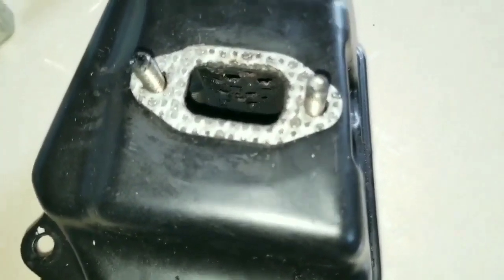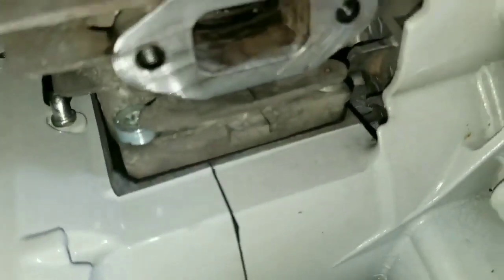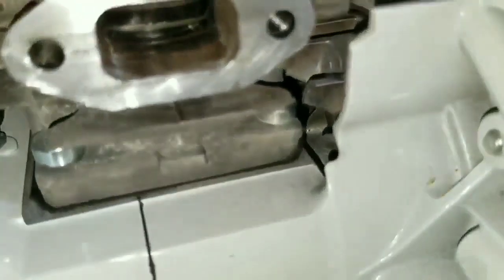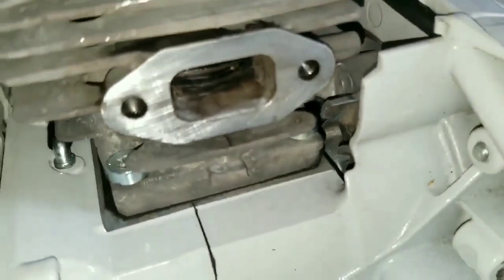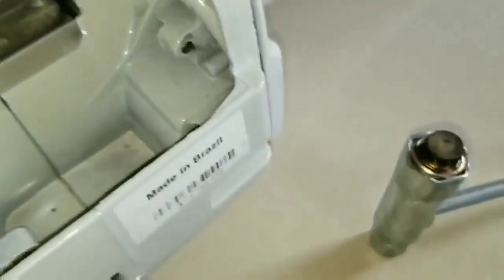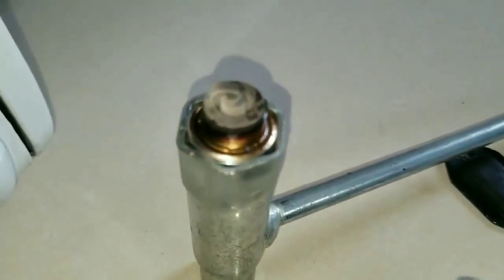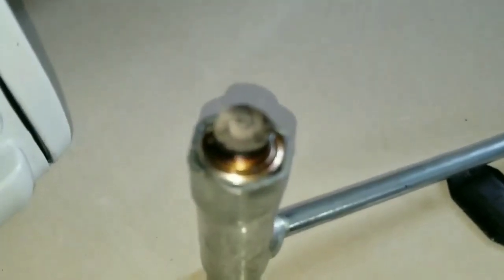It will no longer be damaging inside the spark arrestor, also known as the baffle, or develop inside the exhaust port, damaging the piston ring and causing the engine to lose power. So when we take a look at the spark plug, you can see that's the color of the spark plug we want to have,